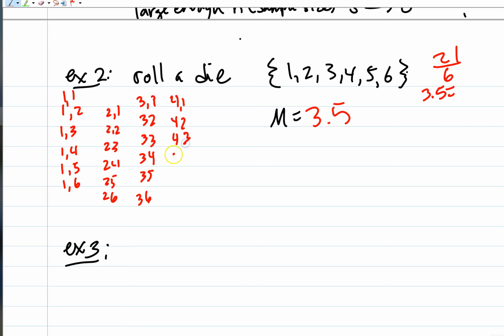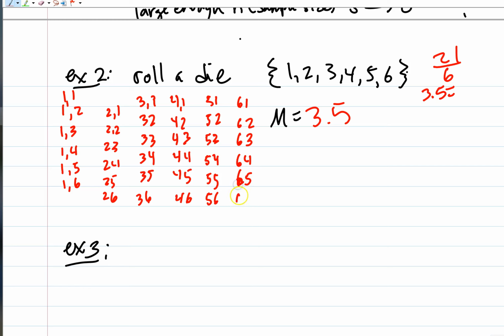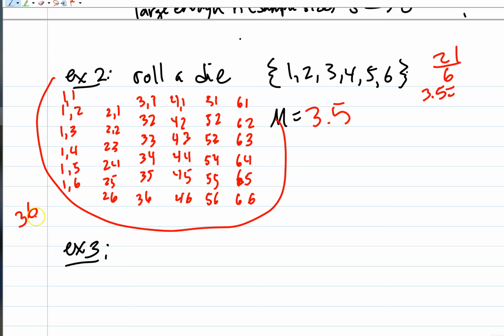How many would there be in total here? 5 and 1, 5 and 2, 5 and 3, 5 and 4, 5 and 5, 5 and 6, and 6 and 1, 6 and 2, 6 and 3, 6 and 4, 6 and 5, 6 and 6. So there are 36 different ways we could sample